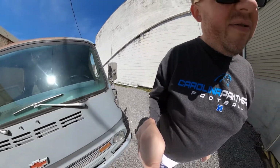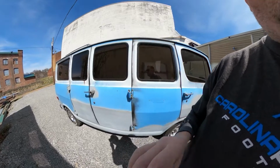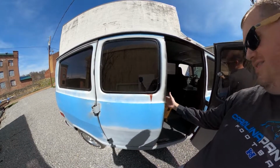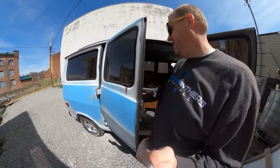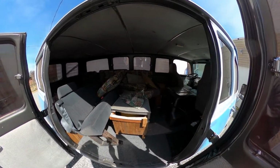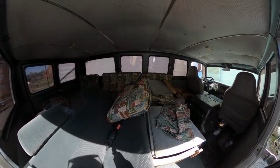Let's take a look in the back first. Sorry, I'm walking zigzags. Open up the back. And you know, when you buy something like this online, I think the expectation is that the inside is going to be trash. But in this case, it's a little bit of a mess in here, but this has been kept in such